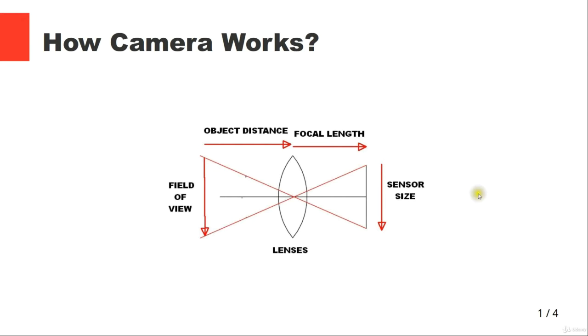So you have your object somewhere here. There's a distance from the object to the lenses. These are the lenses of the camera. Usually in all those modern cameras they are built in. There are some cameras where you can replace lenses, but most of them have built-in lenses. And this is the distance between the lenses